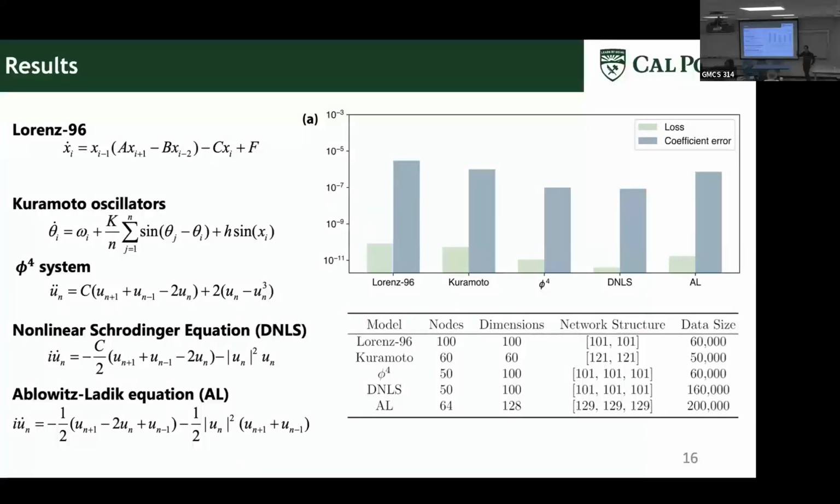So we do early stopping. The loss less than 10 to the negative 10, and we just kind of stop the training. So most of the time, the loss here can go actually below 10 to the negative 10, and also the coefficient error is less than 10 to the negative 5. So for each case we actually tested, we almost guarantee you actually find the exact governing equations, with a coefficient error of 10 to the negative 5. Okay, you can recover all the terms.